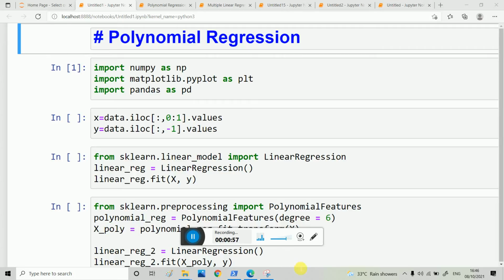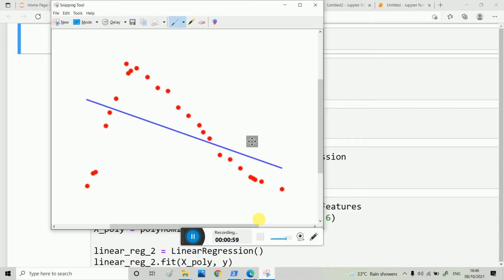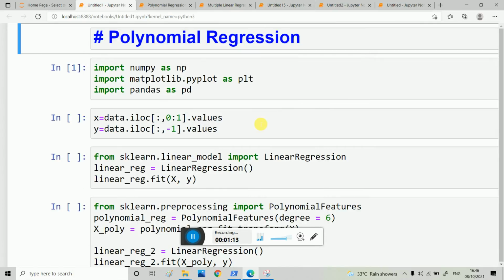For example, here we get a data set of points, and the linear regression model fits the best fit line. But here linear regression fails because of the accuracy. Only 2-3 points are matching, the others are failing. That's why we require a different regression model, that is polynomial regression, so we get higher accuracy.